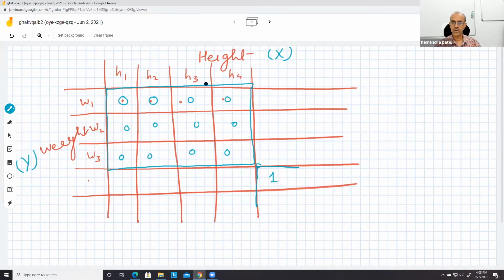So if we know this table, then how to find the probability distribution of x and the probability distribution of y, that we will see here. We know the joint probability distribution. From the joint probability, we will extract the probability distribution of x and of y, because ultimately we need the distribution of x individually, and similarly the distribution of y individually.